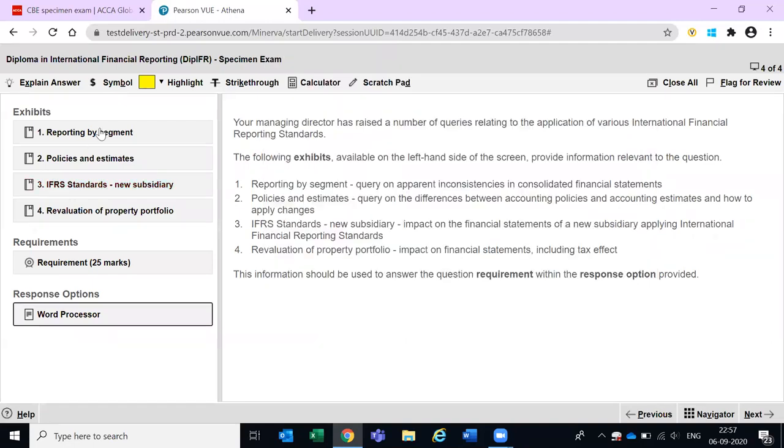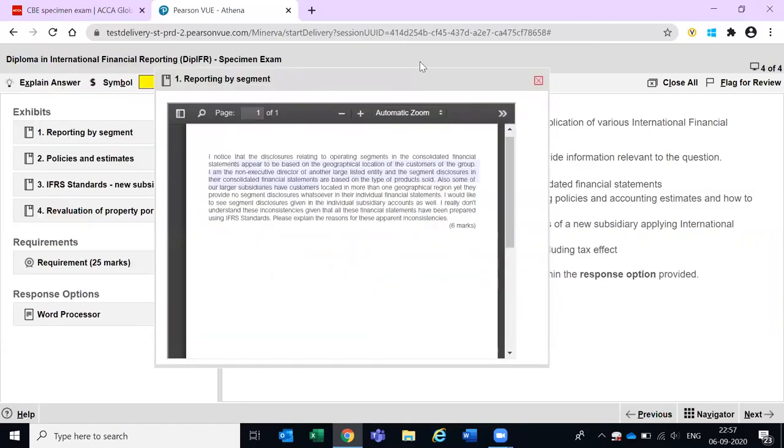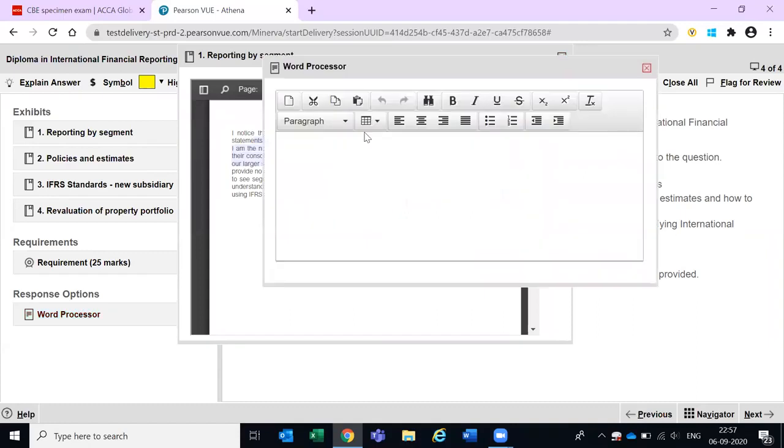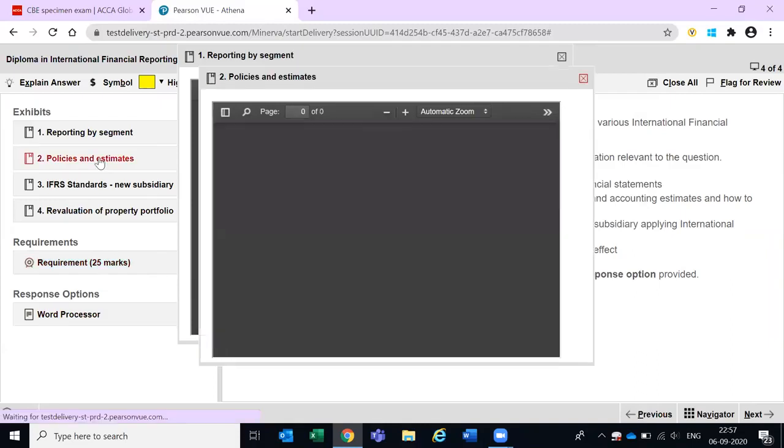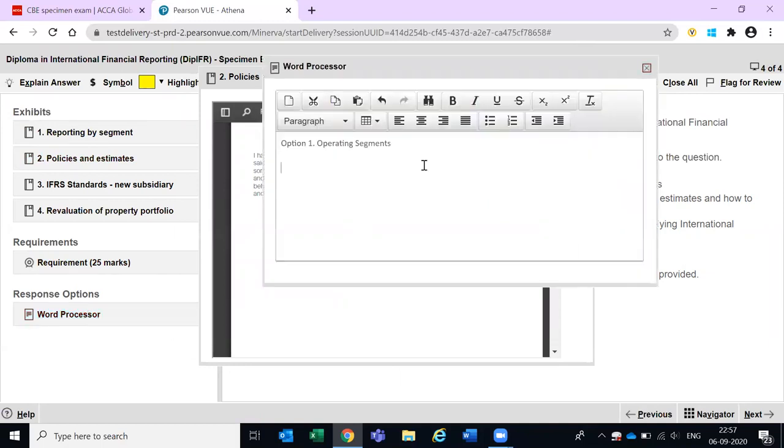But now, the one question that needs to be understood is, if I'm answering this question using a word processor, which is option A, option 1, for example, about operating segments, and I close this, what happens if I look at the second scenario and again use this option? It would bring me back to the same window, where I now look at option 2, where I'm looking at policies and